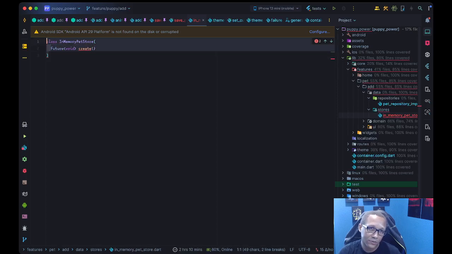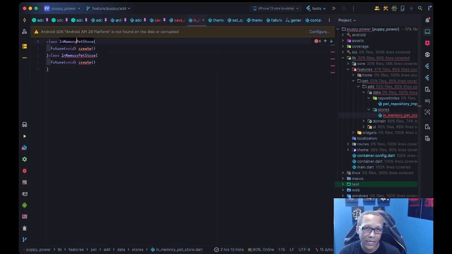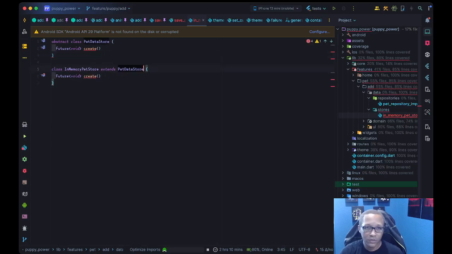Let's do this. Let's duplicate that. Let's just call this a pet store. Let's call that abstract class pet data store in memory. This is going to be the implementation. C# strikes again. For now,